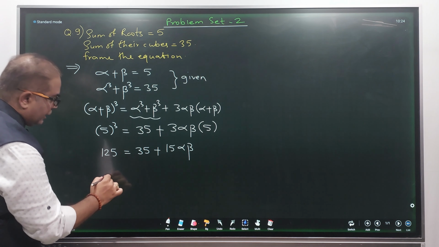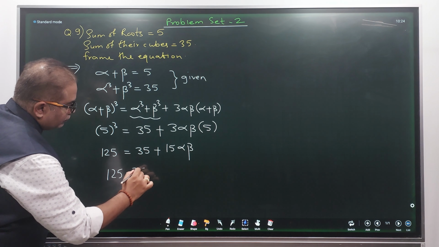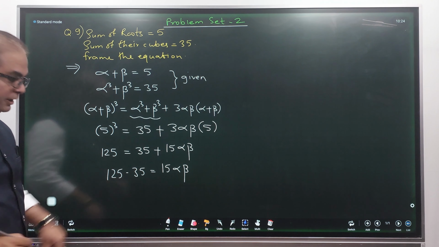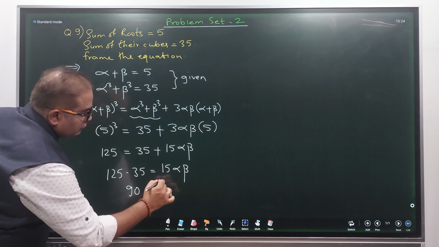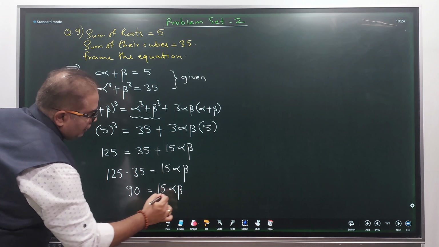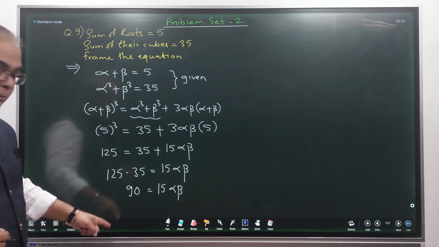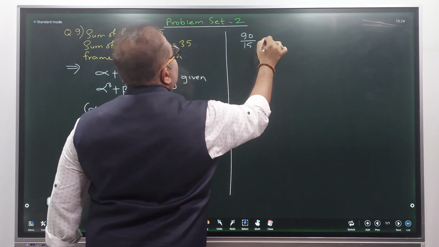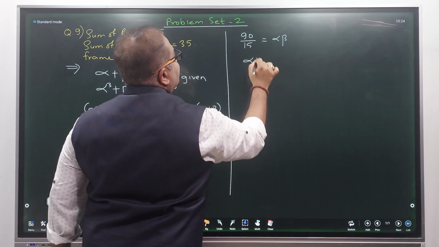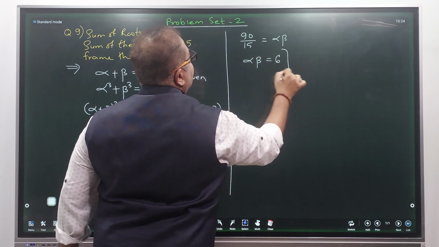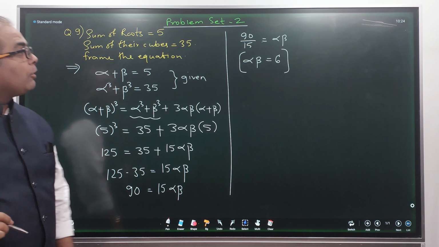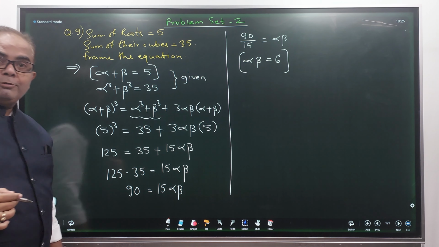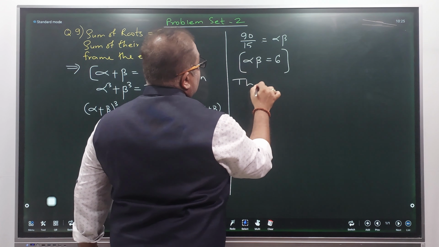This 35 I will take on the left side. So 125 minus 35 is 90, equal to 15 alpha beta. 15 will come on the left side, it will be divided by 15. So 90 divided by 15 is equal to alpha beta. 15 sixes are 90. So alpha beta is equal to 6. So now I got the value of alpha beta is equal to 6. Alpha plus beta is equal to 5. Find the equation. So the equation